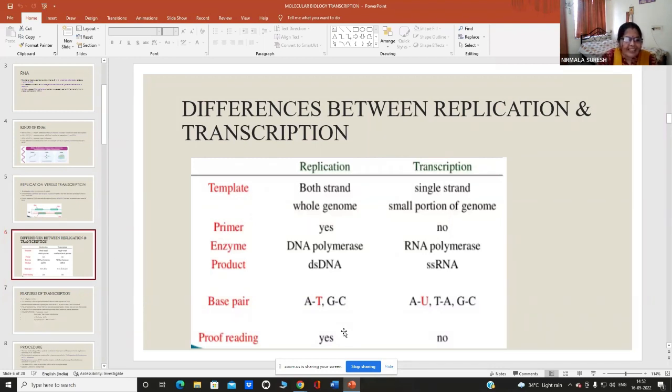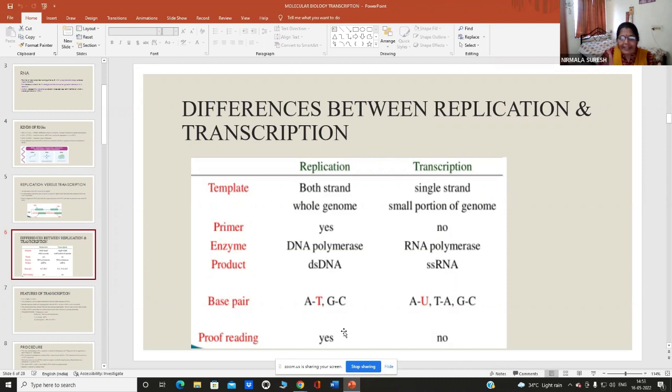Why are primers not used for transcription? The purpose of primer is... Because in transcription, the promoter sequence is there. The promoter sequence provides the place for the RNA polymerase to bind. Once RNA polymerase is identified,